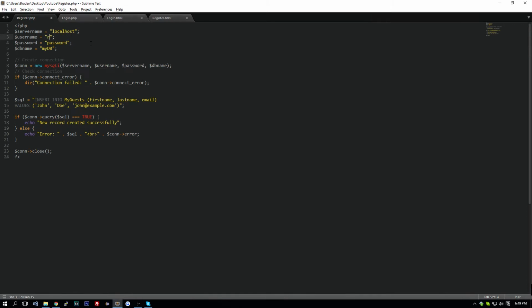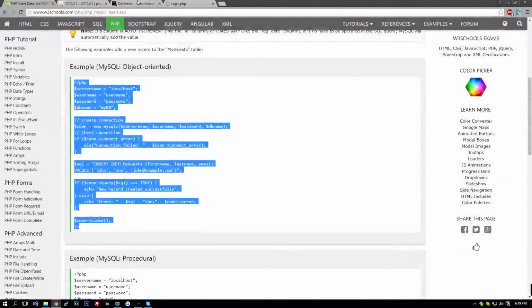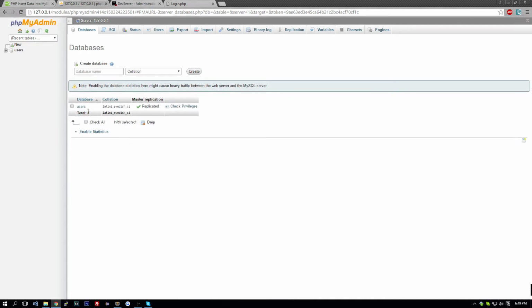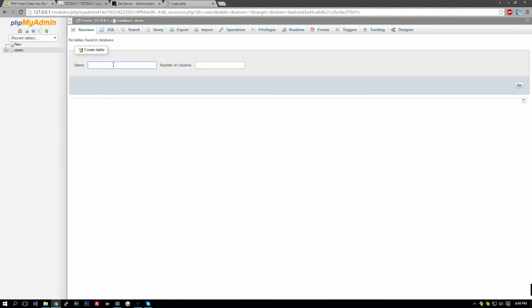For a username, we're going to put root. This is all depending on how you have your database set up. This one doesn't have a password. So if we go into here, we're going to create a database and call it users. Now that we have our users database created, we can go in the database and put